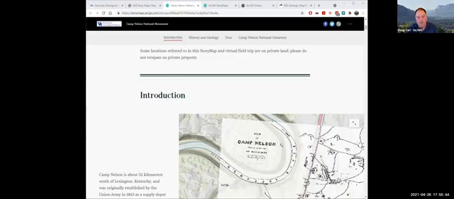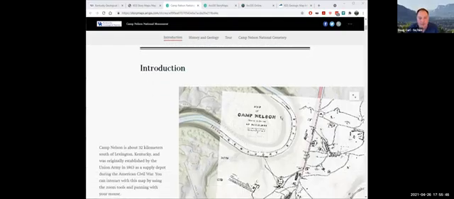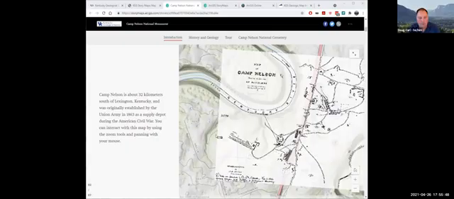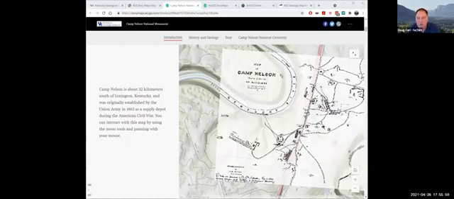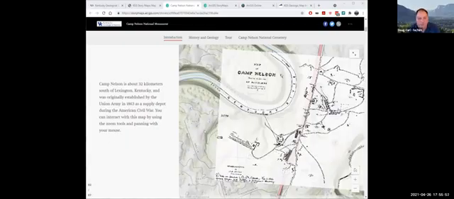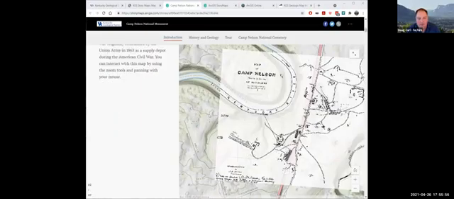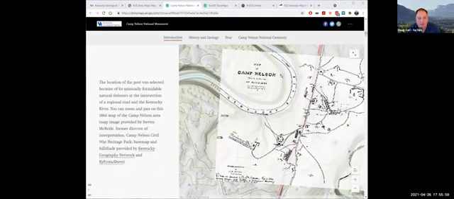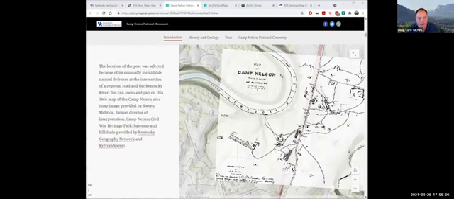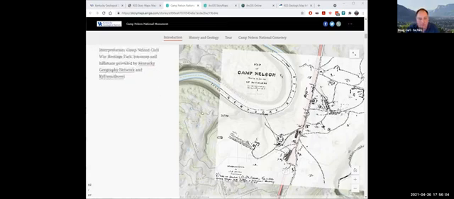And then we dive into a tour at the end. But just to go over the story map a little bit in detail, this is the general location of Camp Nelson, the location of the post, which had formidable defenses. So a very brief overview.